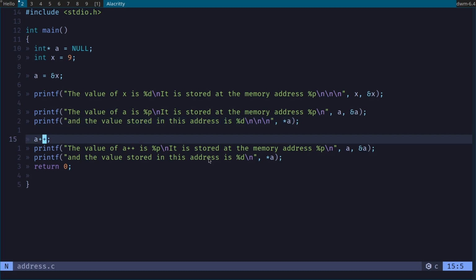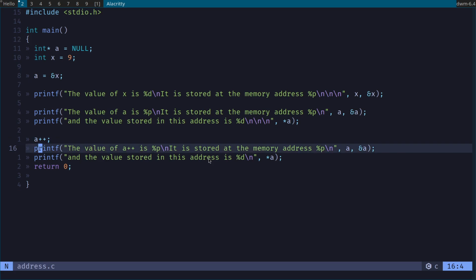One thing you normally never want to do is increment a pointer unless you know that you've allocated memory for that, but I'll show in this example that in C you can do that. What I'm doing is incrementing where a is pointing to. So I'm going to the next address in RAM. I'm going to print where a++ lives. Then I am going to print where it's pointing to, or excuse me, I got that backwards, but same thing. And then I'm going to print what the value it's pointing to is.